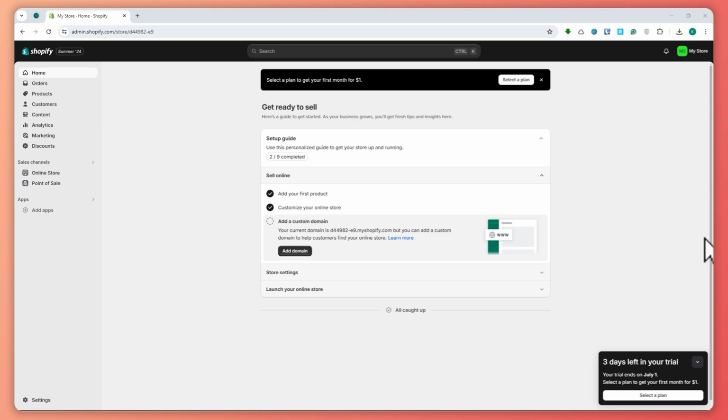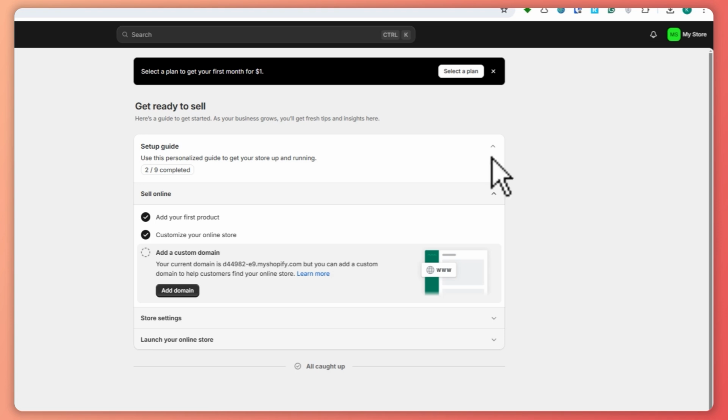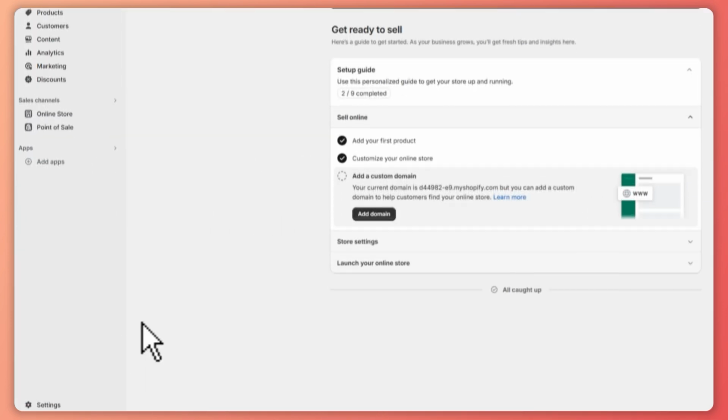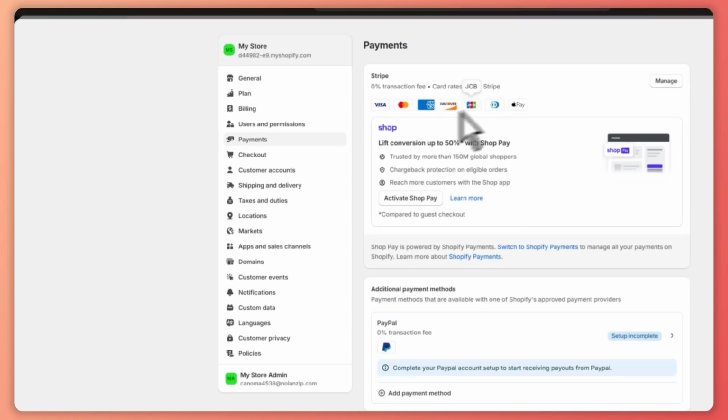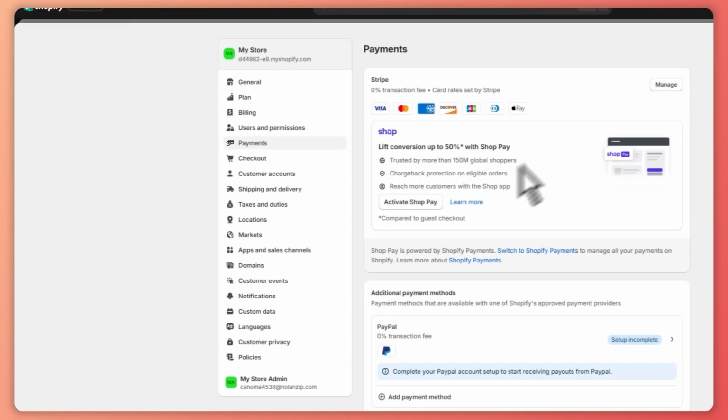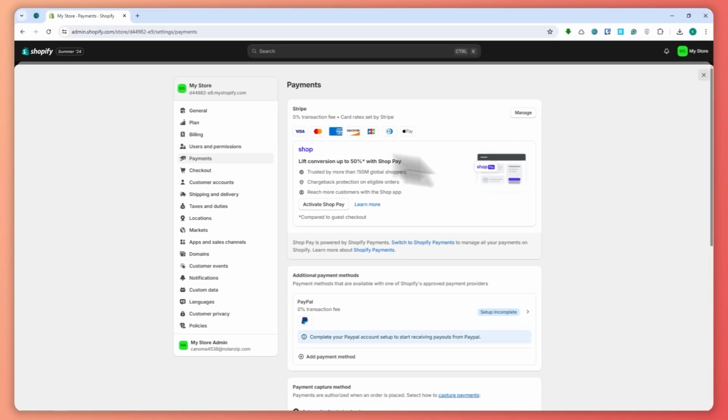So let's get started. Here we are in Shopify, and once you're logged in, you want to go into your settings right here, and from here click into Payments. As you can see, I have Shop Pay available right here with my Shopify Payments. So if you can see this right here, chances are